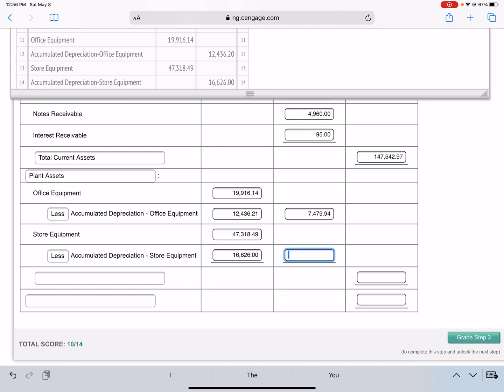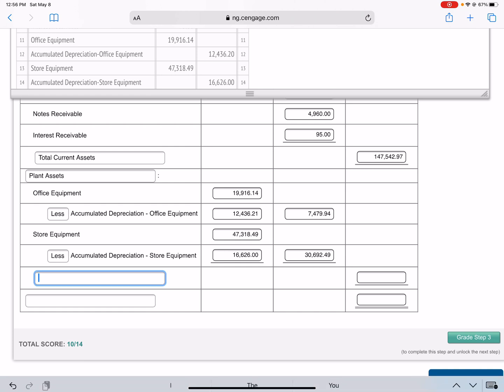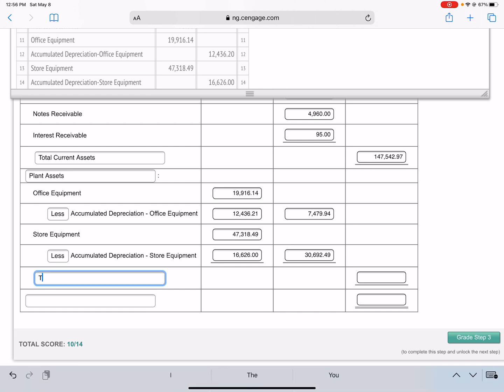And you can do it too. Sorry about that. It should be $30,692.49. Our next line, we are going to put total